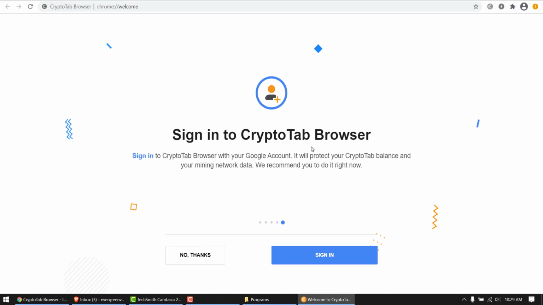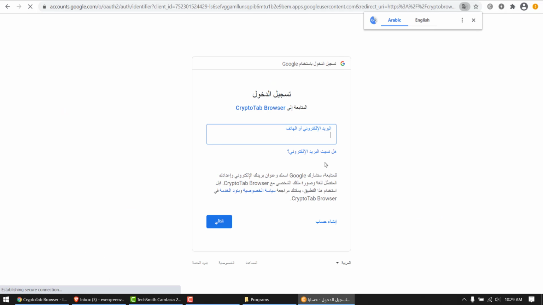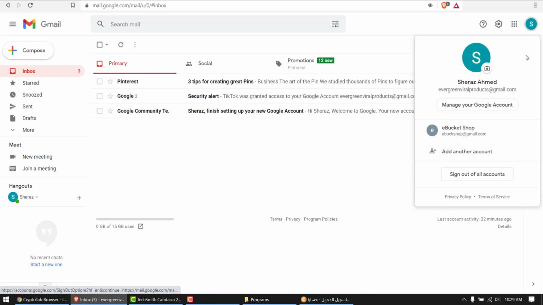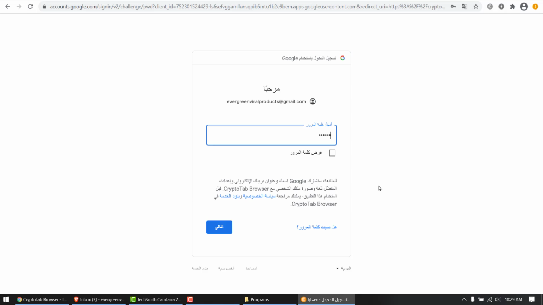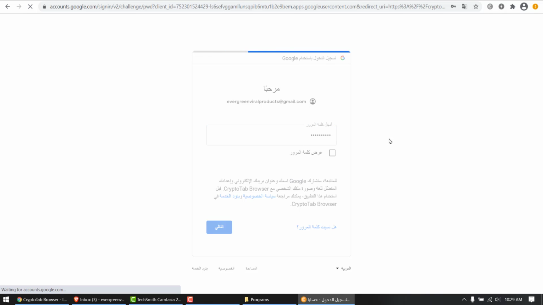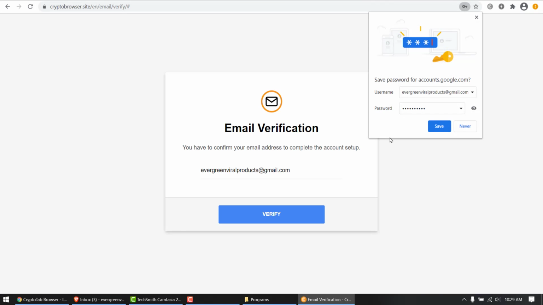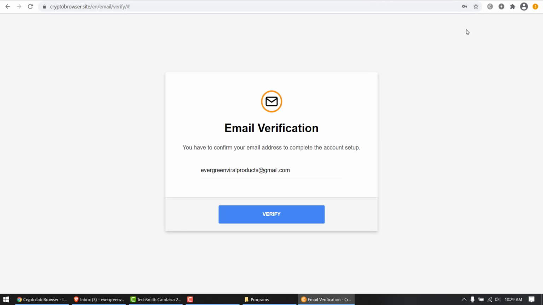Sign in to your CryptoTab browser using your Google account. Okay, so it will protect your CryptoTab balance and your mining network data. And I will simply sign in. I need to type in my details, my Gmail address, and my password. Email verification.